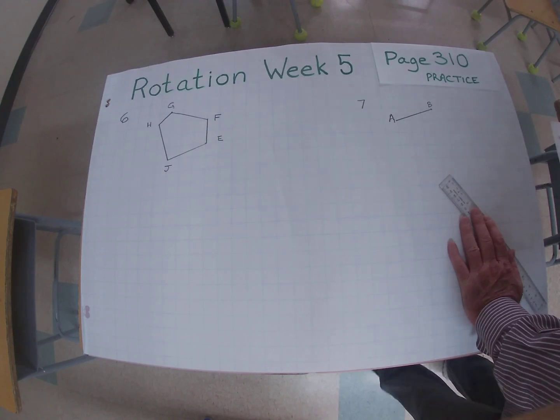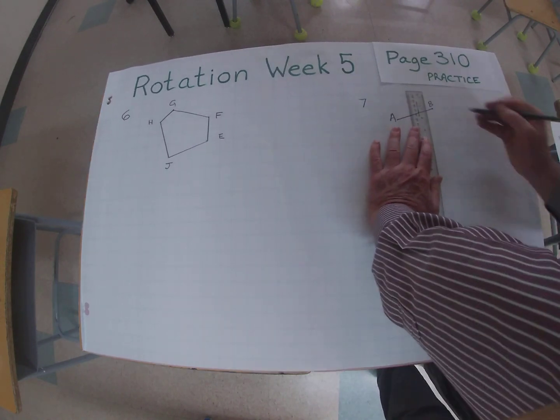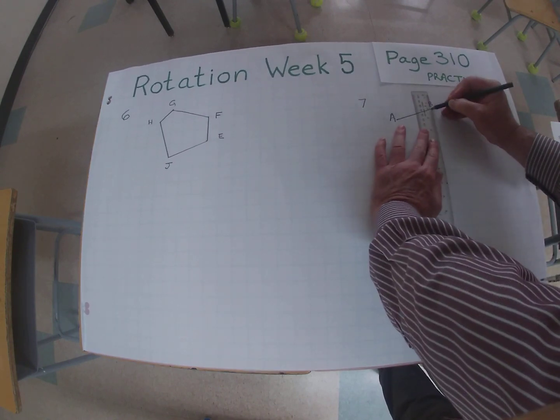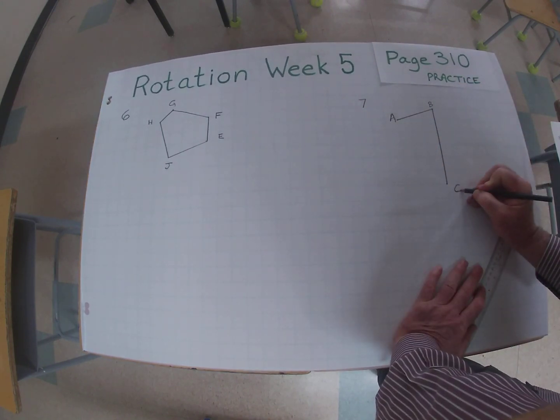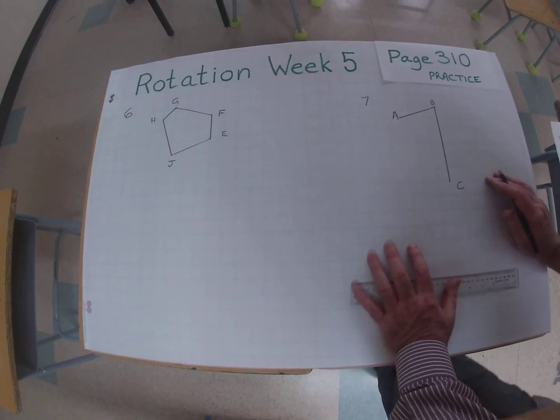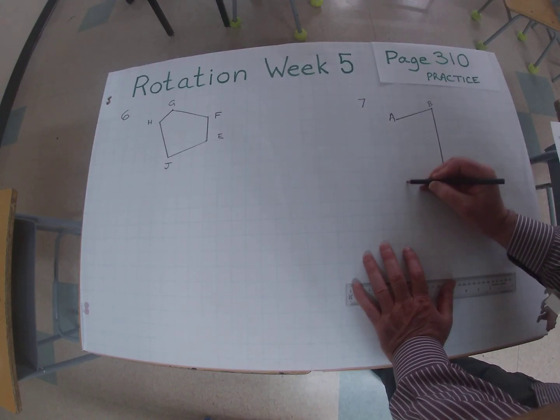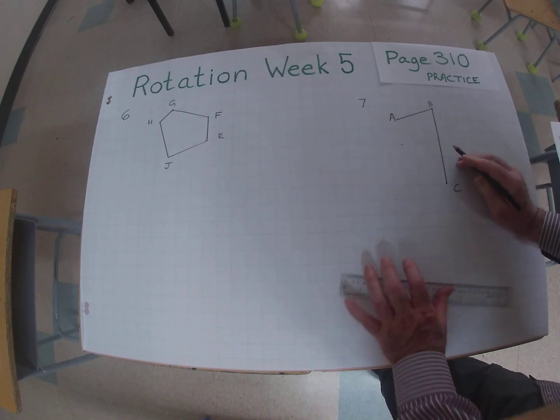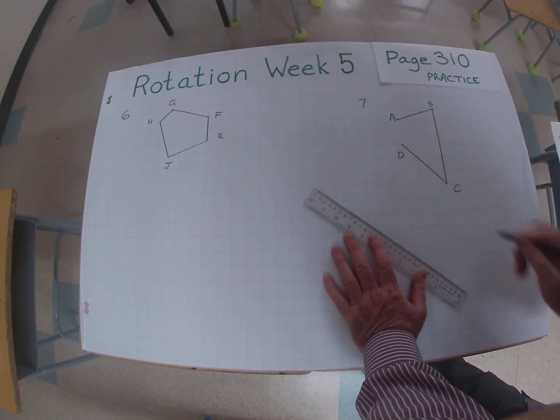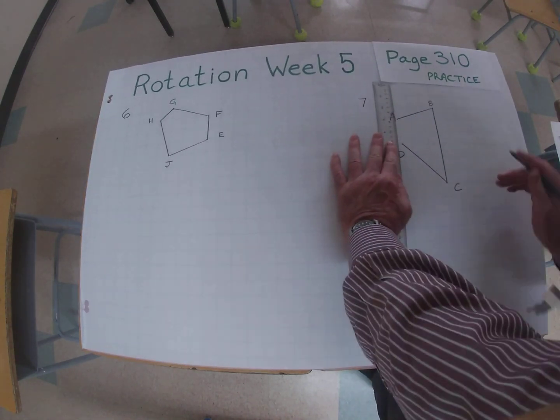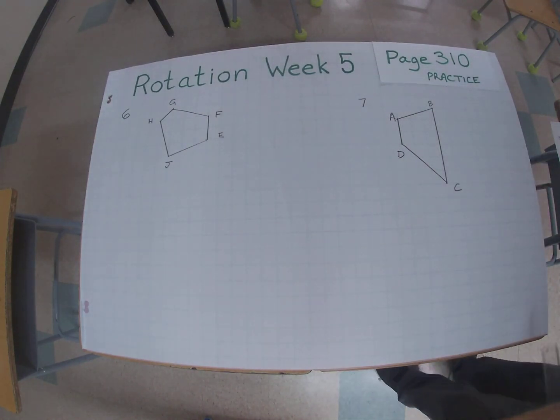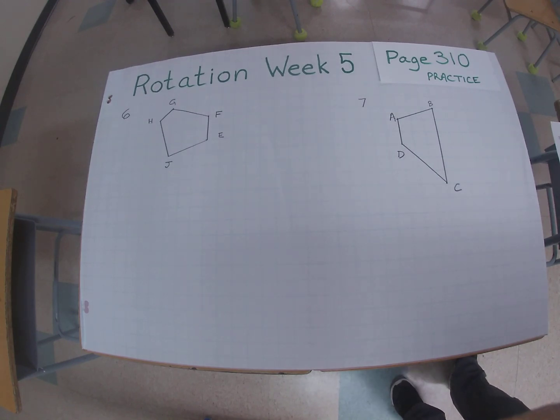B to C is nothing right or left, but 6 down. 1, 2, 3, 4, 5, 6. So B to C would be there, 6 down. C to D is 3 left and 3 up. So 1, 2, 3 left and 1, 2, 3 up. Right there. There's D. And now D to A is 2 up. It was just a matter of joining it anyway, but I just checked to make sure that I had done it correctly. So you need to do 4 of those, and then